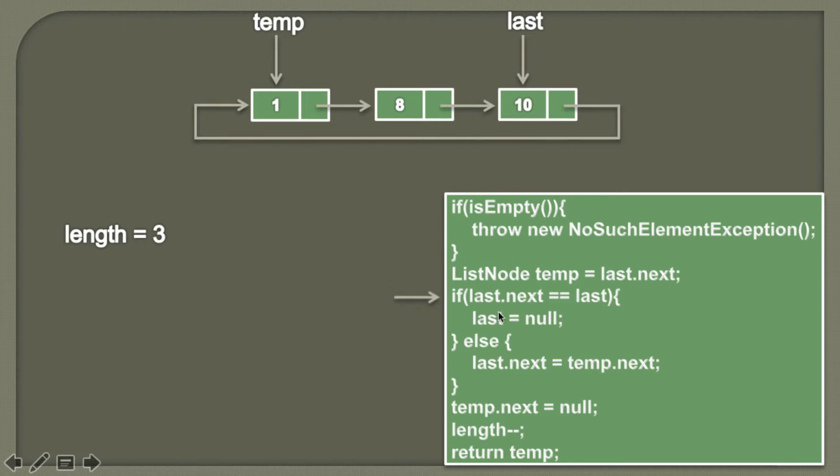So here we are providing an if else block, and in the if block we are checking that whether last dot next is equal to last or not. So this condition comes into picture when the circular singly linked list has only one node left. In this case, last next points to the last because the circular singly linked list has only one element where first and the last node is the node itself. So here you can see last next is pointing to this first node and therefore it's not equal to last. So the condition in if block comes out to be false and the else part will be executed.